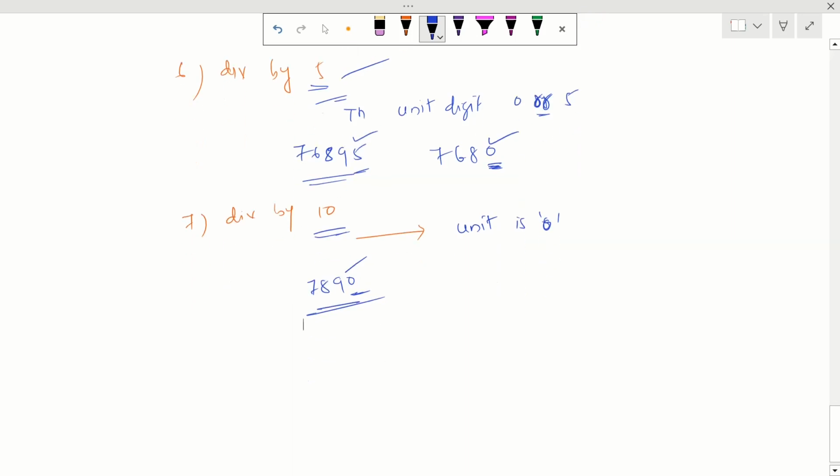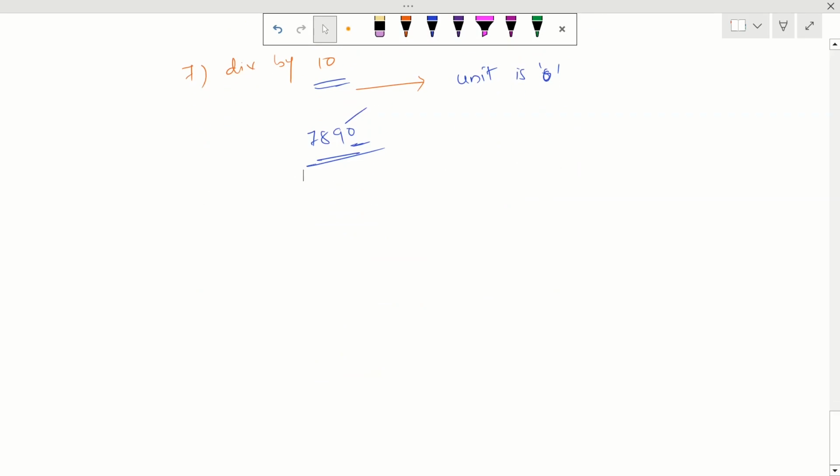The last one we are going to see is very interesting: divisibility by 11. For a given number, how do we check whether it is divisible by 11? What we have to do is take the difference between the sum of its digits